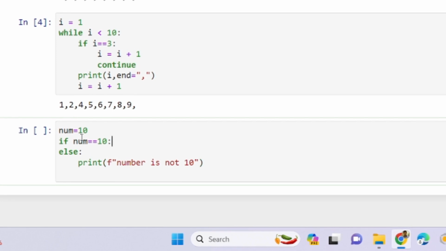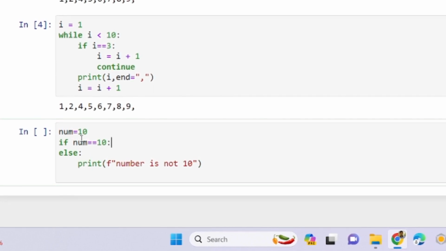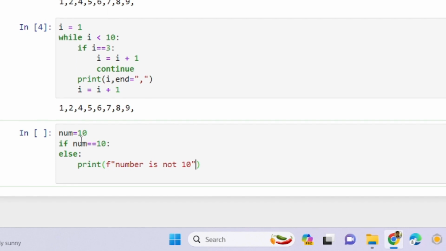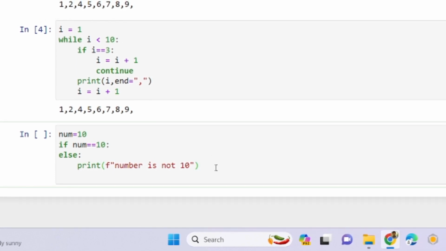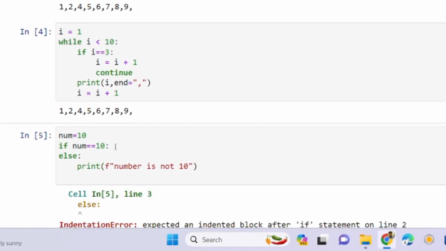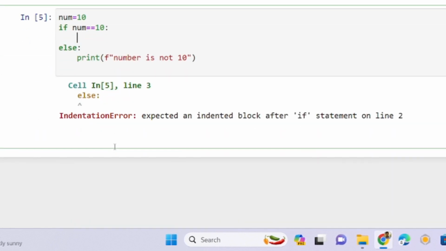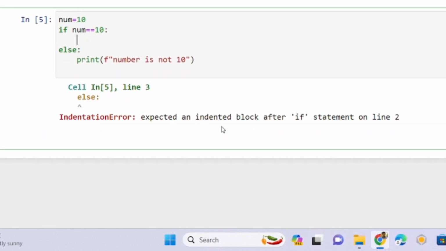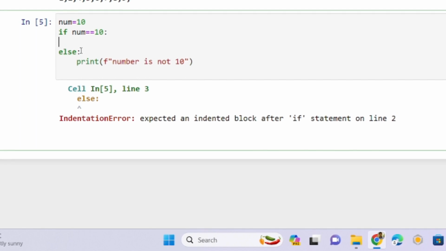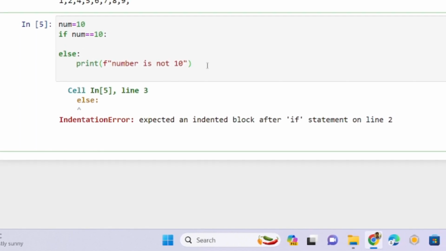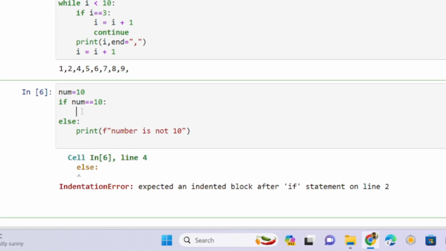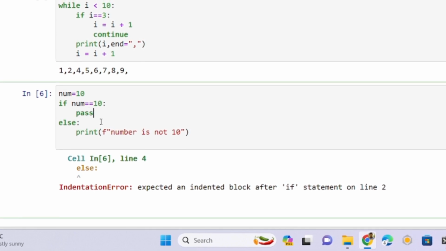So if the number is equal to 10 it will do one thing, and if the number is not 10 it will execute the else. Now what it is telling is this if block is empty. So what we need to do is fill it with pass.